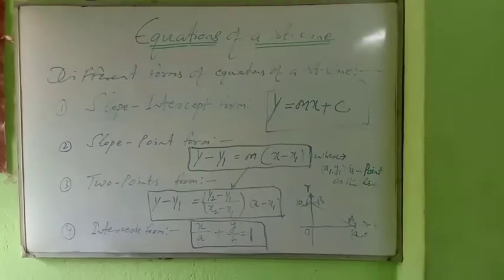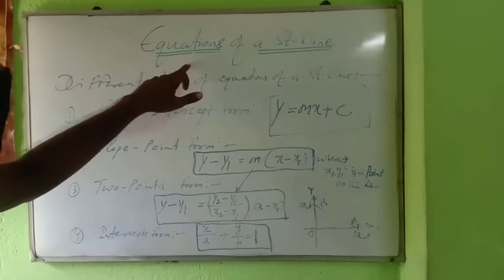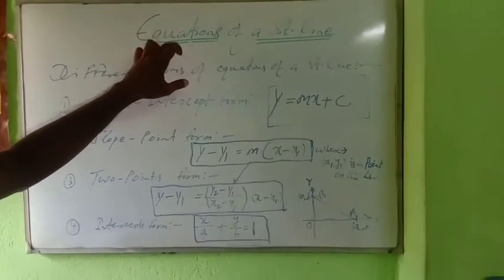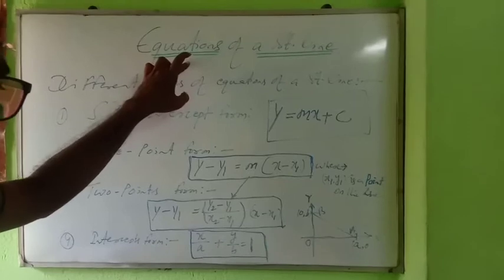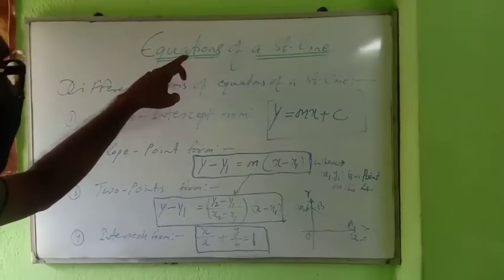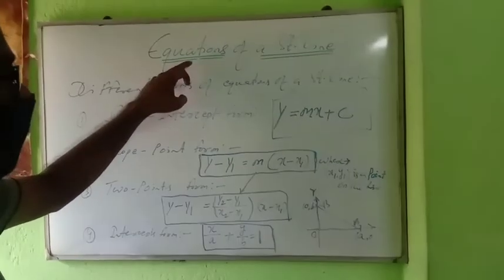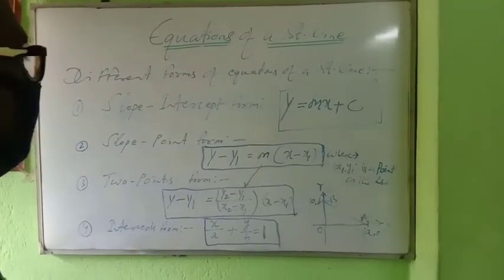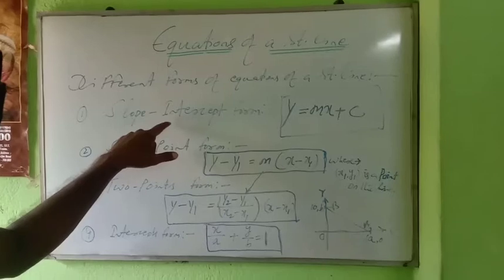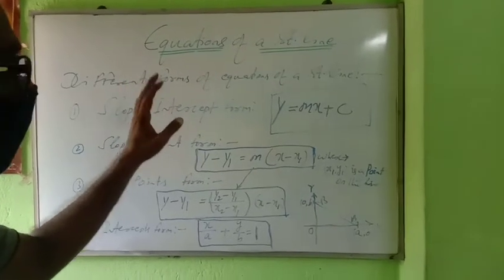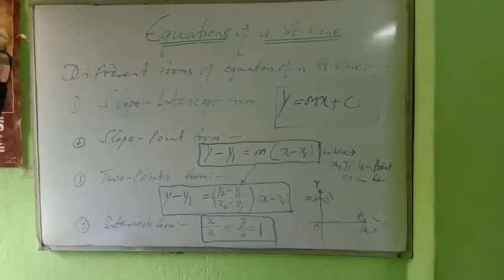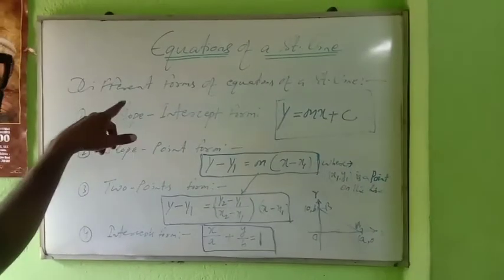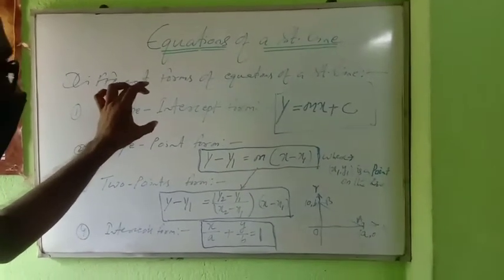Today I am going to start equation of a straight line. This chapter belongs to class 10 ICSE board as well as present in class 11 CBSE board and ISC board. Therefore, this chapter is very important for 10 and 11. Also for higher class, for competitive exams also it is required. Just make this chapter fully clear.